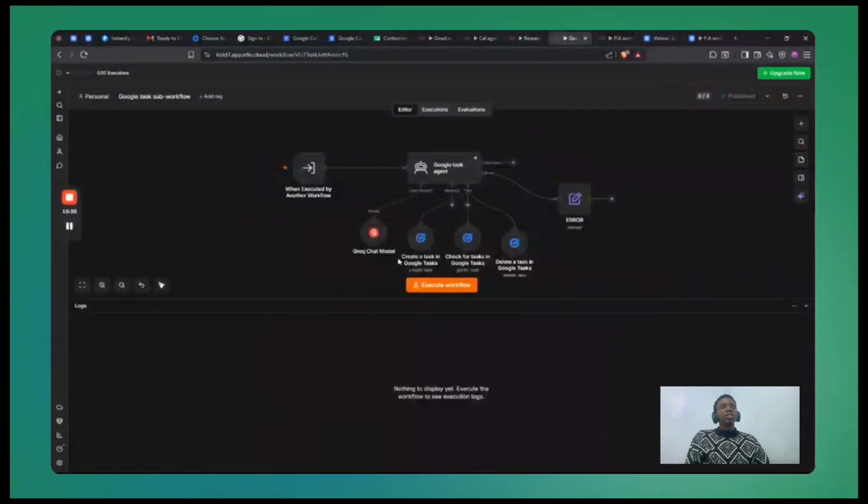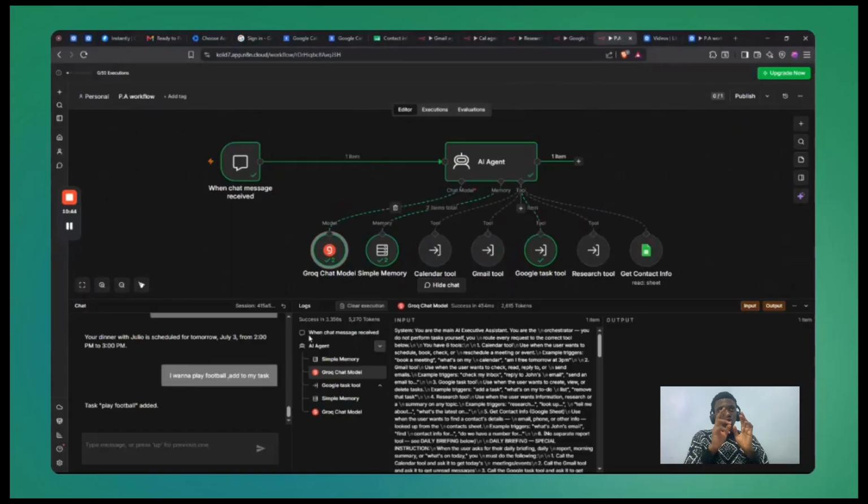And he basically sent the details to this Google task workflow, and the agent decided to use the create task tool because I specified the use case of each one of those tools, and it created the task called play football tomorrow. So now let's say I want to ask what's on my Google task, and let's see what's going to show. What's on my